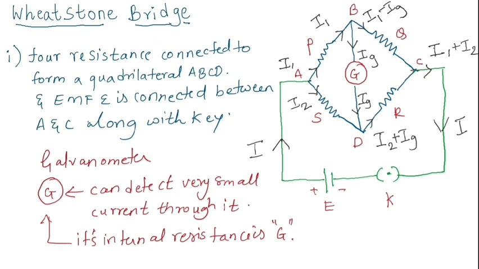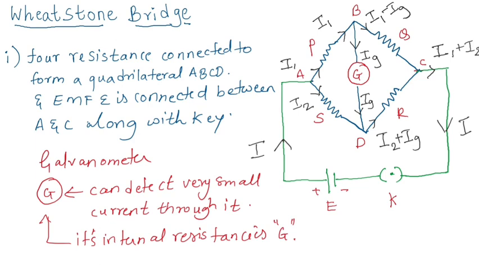Okay, next is Wheatstone bridge. We are just going to start it and we will end in our next lecture. So now the Wheatstone bridge. Wheatstone bridge was first designed by Charles Wheatstone. So a bridge is nothing but a combination of resistors. Here four resistors are placed in four arms of a quadrilateral.